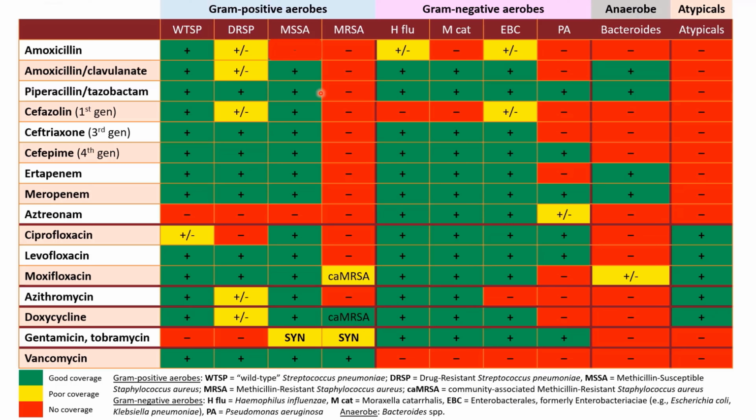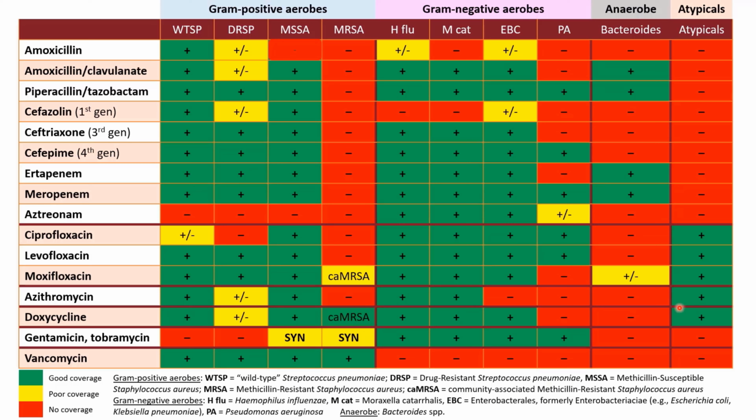For Staphylococcus aureus, of course, we need to distinguish between MSSA and MRSA, so it's important to know which one we need to cover because you can see many beta-lactams cover MSSA but not MRSA. And then for gram-negatives, H-flu and Moraxella catarrhalis are two common ones, so it's important to see which ones cover these. And then we have Pseudomonas as well as atypical cover, so you can see which